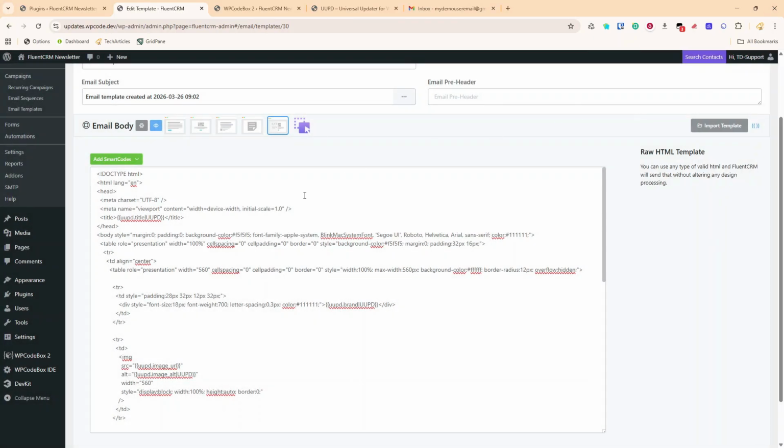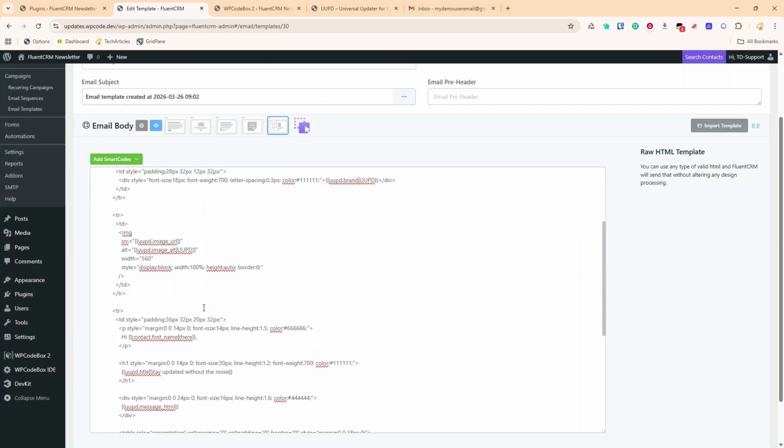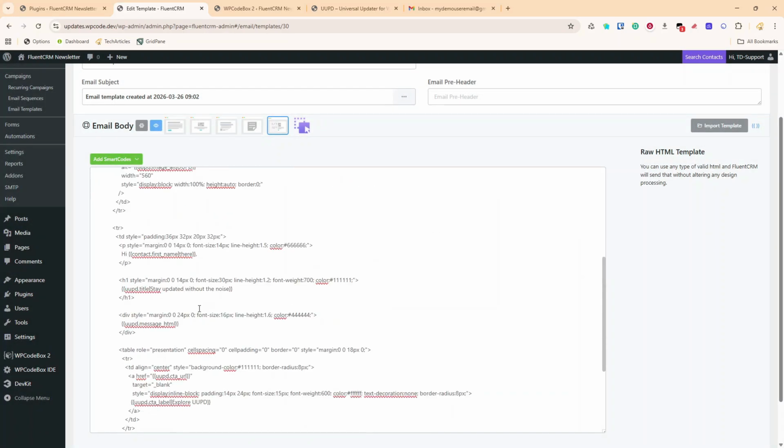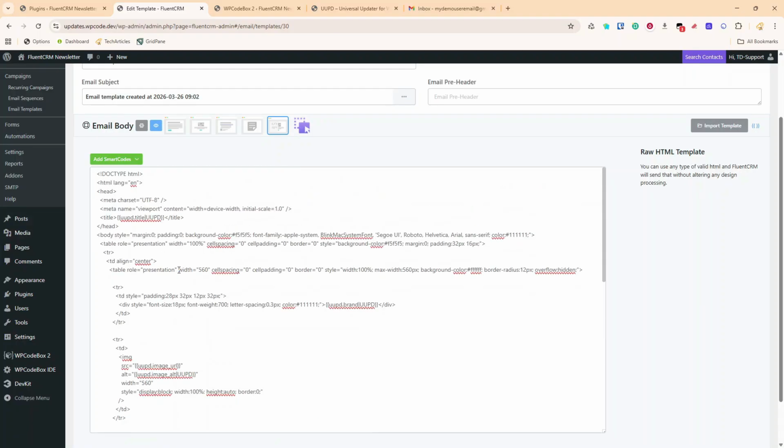But there's also benefits to the way this system works. We can do things you just can't do in other setups. So let's say I want the option to have a logo up here rather than the output of UUPD. So if I remove the UUPD, I've got to find that in the code, and it's going to be somewhere up here with this block. Here it is. So if I remove the default option of UUPD first and then save that,